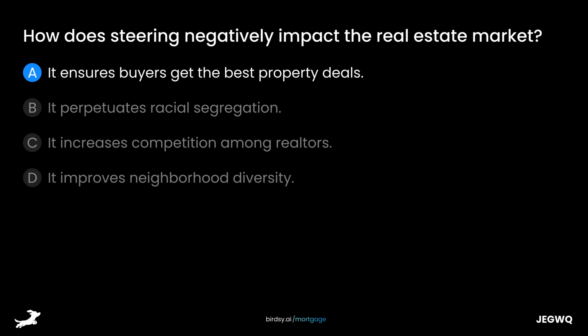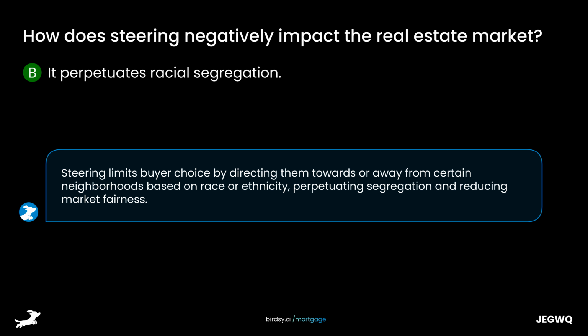Is it A, it ensures buyers get the best property deals? B, it perpetuates racial segregation? C, it increases competition among realtors? Or D, it improves neighborhood diversity? The answer is B, it perpetuates racial segregation. Steering limits buyer choice by directing them towards or away from certain neighborhoods based on race or ethnicity, perpetuating segregation